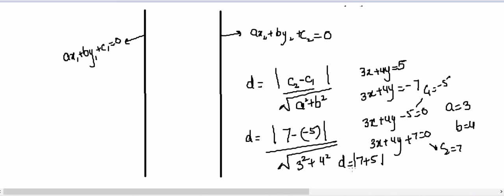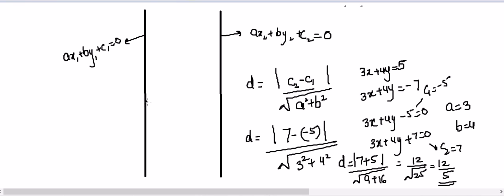This is the sign of absolute. Absolute, which means, say for example, if your 7 is negative 7, then in this case you'll get a negative value. But absolute, which means you're supposed to get always the positive value, because distance can never be negative. So you can't say that distance between the 2 points is minus 2. So that's why we use this absolute sign, and that is root 9 plus 16. You'll get 12 divided by root 25, which is 12 over 5.